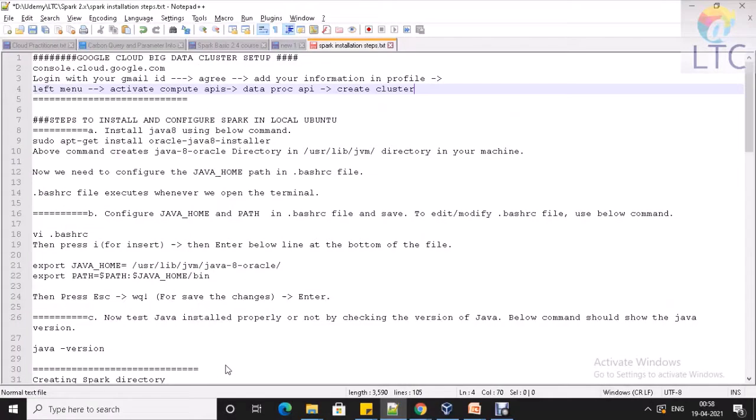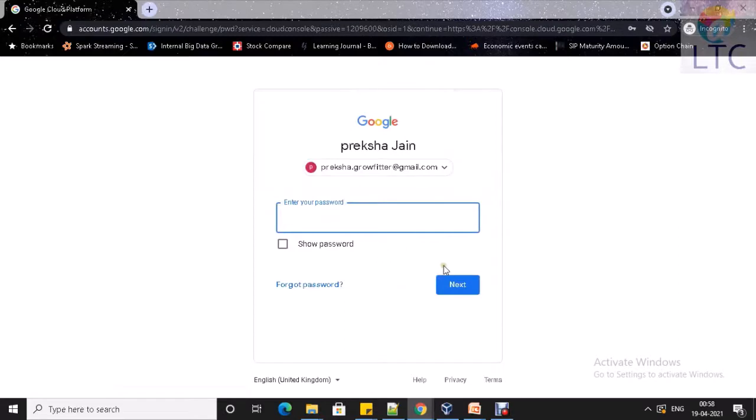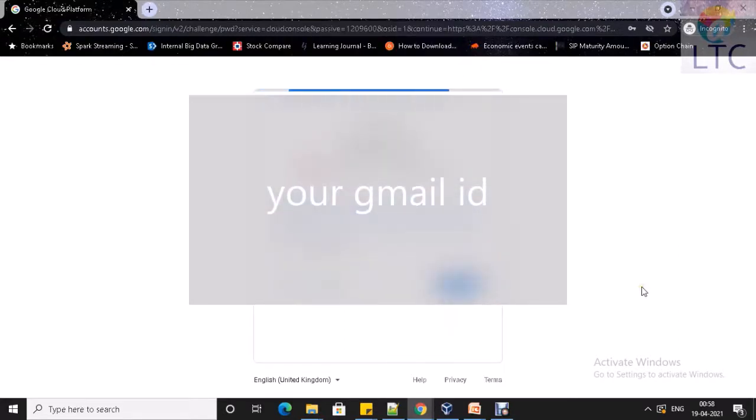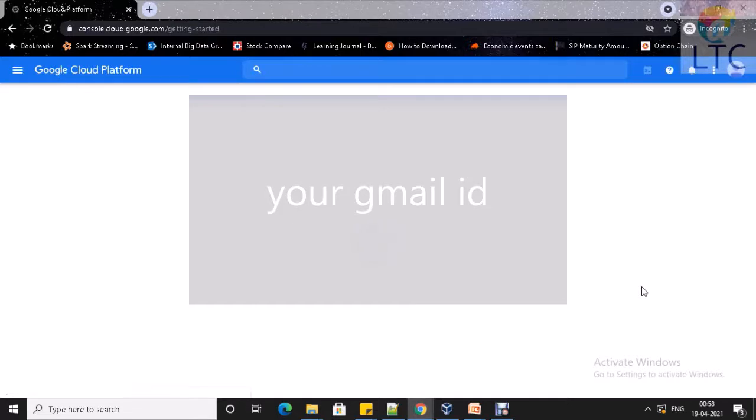So first we will log into console.cloud.google.com. Okay. Let's log into this URL. Now if you are logging in for the first time, it will ask you to agree and continue.